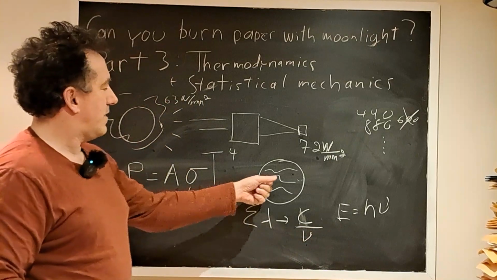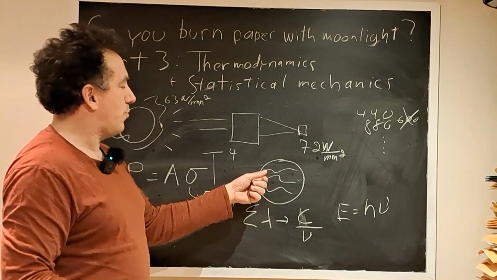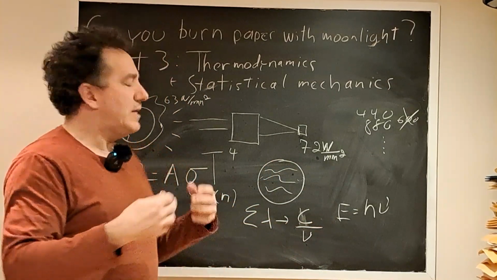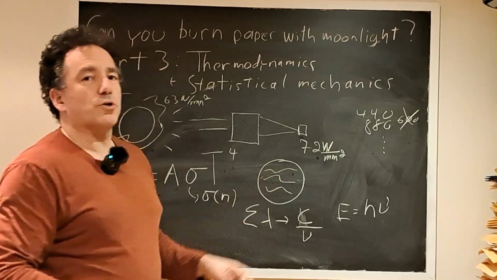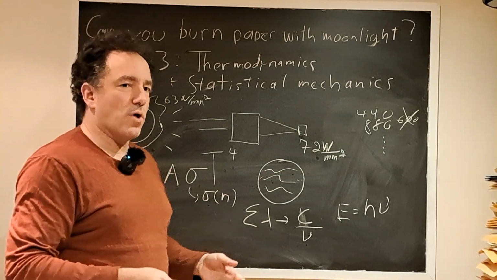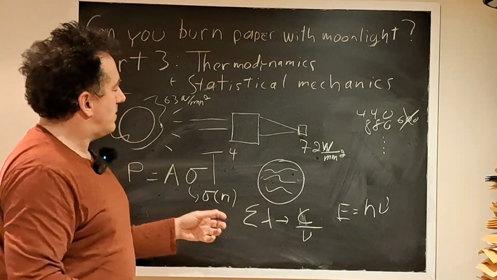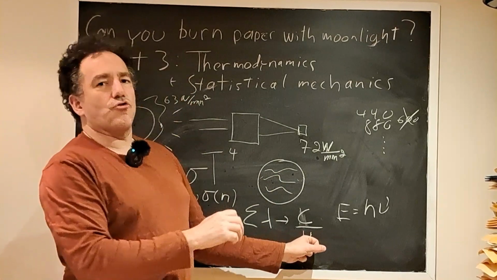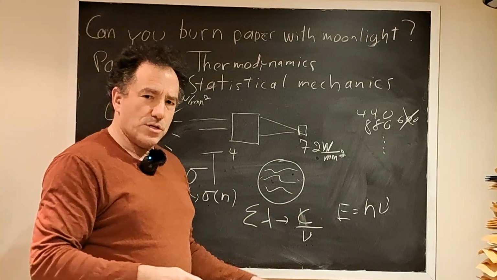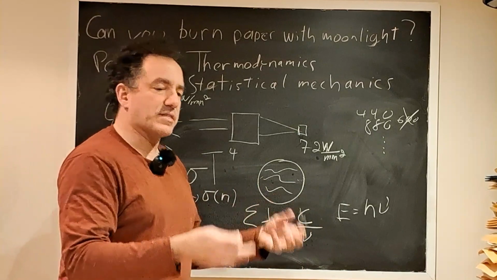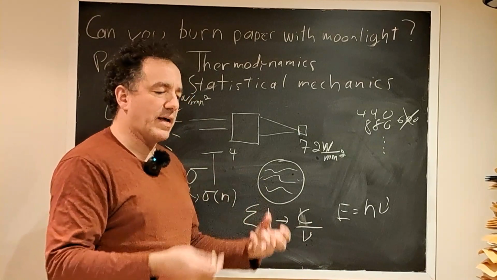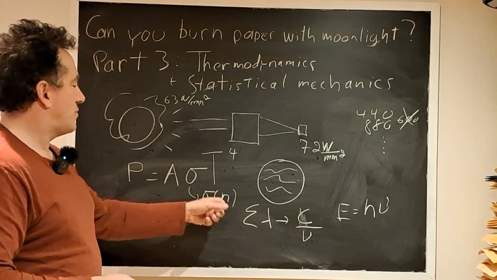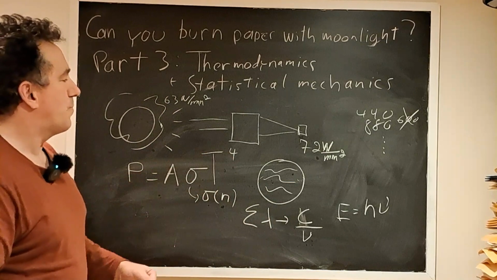But if inside here the medium changes, and if you have a vacuum, you have a certain wavelength, you will have certain frequencies that are allowed. But if in here you put a different medium that doesn't have an index of refraction of 1, let's say you put in water, well, the frequencies that are allowed will change because the speed of light changes. So these frequencies will not be the same. And when you do your calculation, you have to take that into account. And that's how the dependency on the index of refraction of the Stefan-Boltzmann law comes into play. So